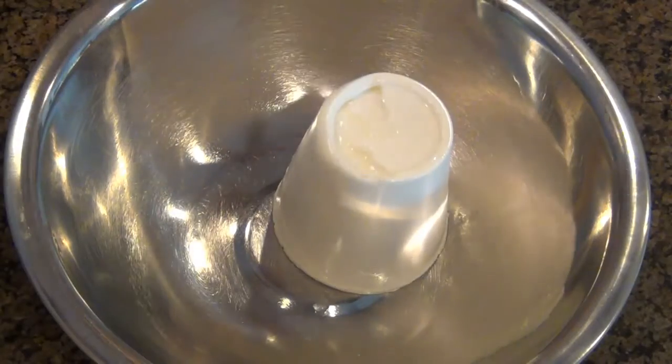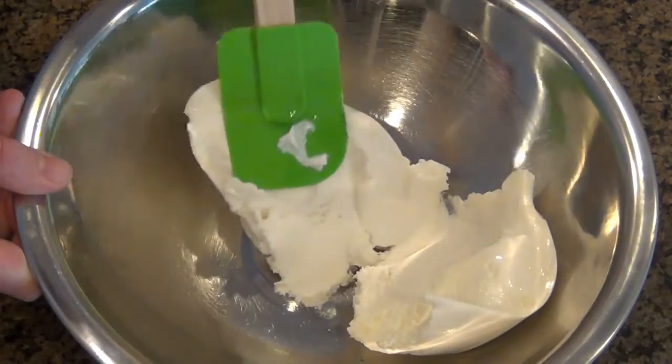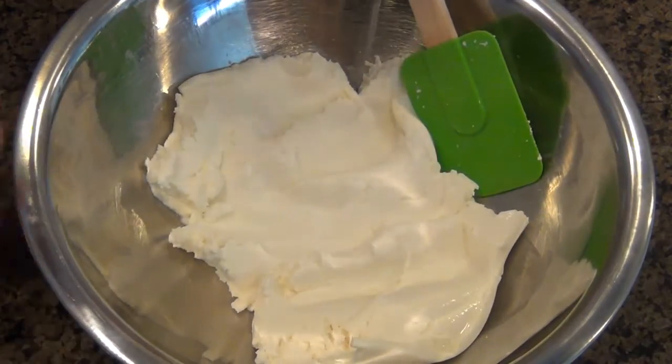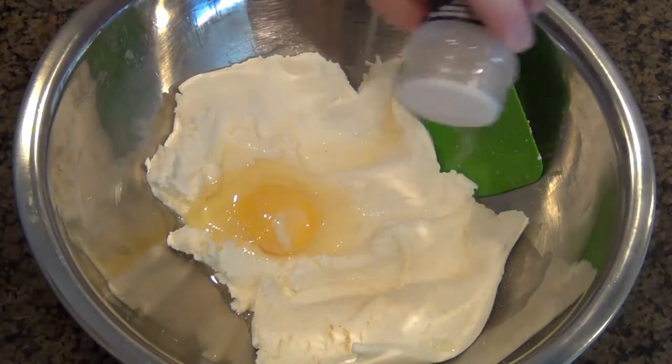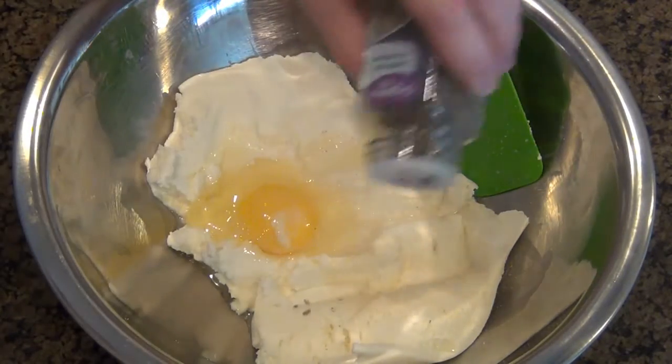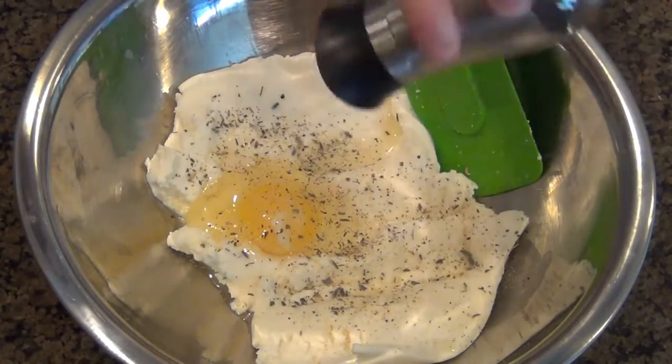While the sauce is getting ready, we can make our cheese mixture. I normally like to drain the liquid from ricotta cheese, but here it's not necessary. I'm going to add an egg, and that's going to be our binding agent for our cheese. And in no particular order, I'm adding onion powder, garlic powder, herbes de Provence, dried parsley, salt, pepper, dried basil,